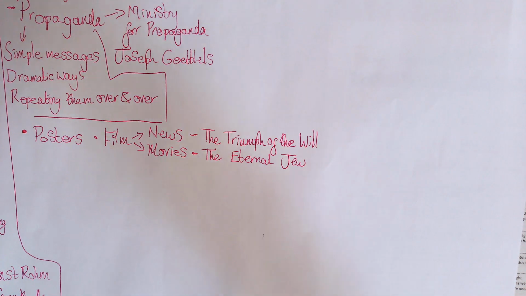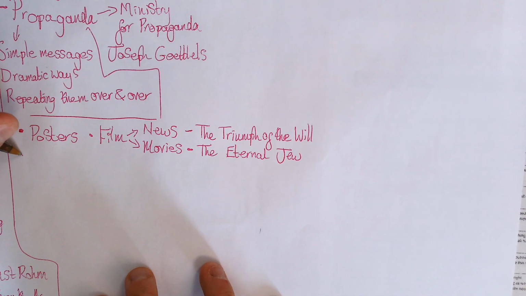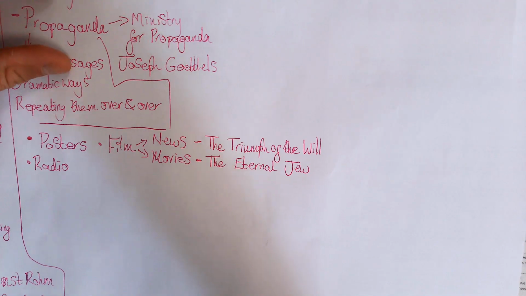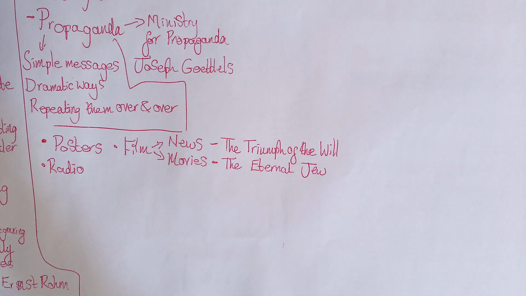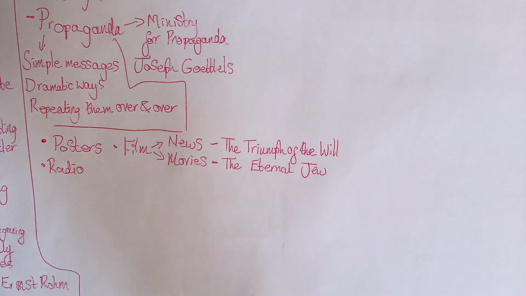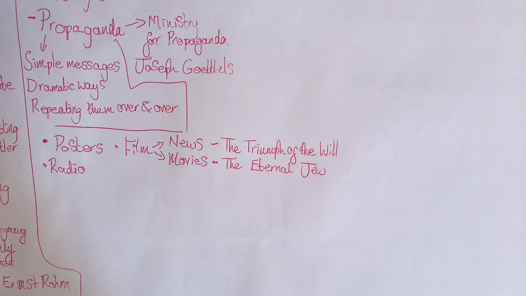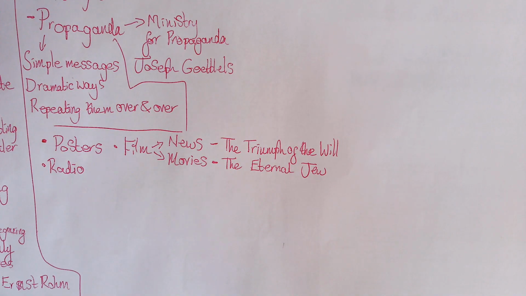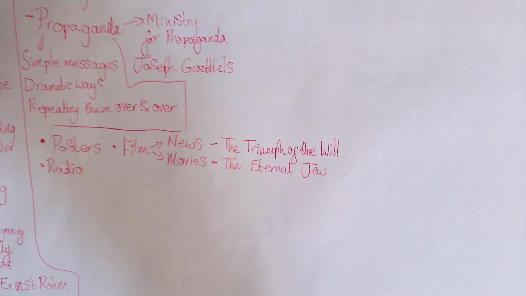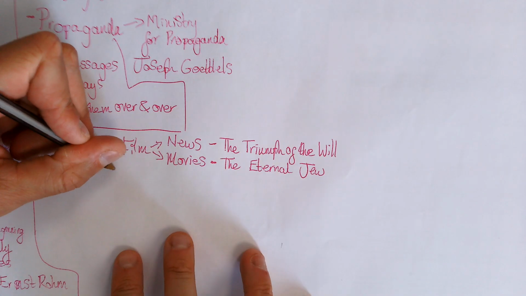Okay, so they're using films, they're using radio. You might remember that the Nazis produce really cheap radios so everybody can afford to have one in their house. Through the KDF, the Strength Through Joy movement, they create a voucher system where you can buy vouchers so you can get a radio, or a wireless, as it would have been called then. And all of Hitler's speeches are played out on the radio, so are Goebbels' speeches and Himmler's speeches, right? They're ramming it down people's throats.